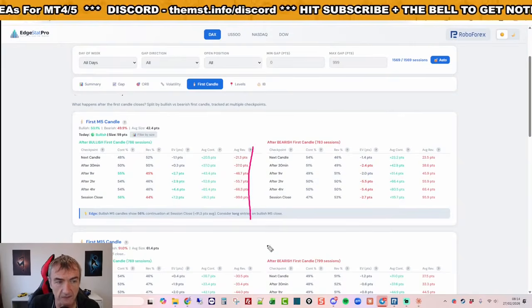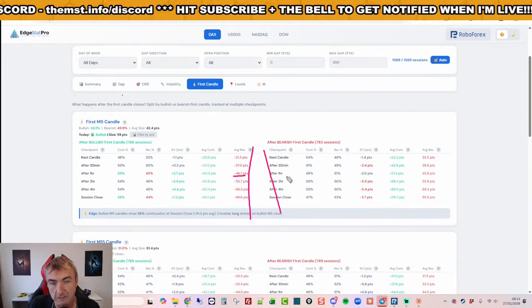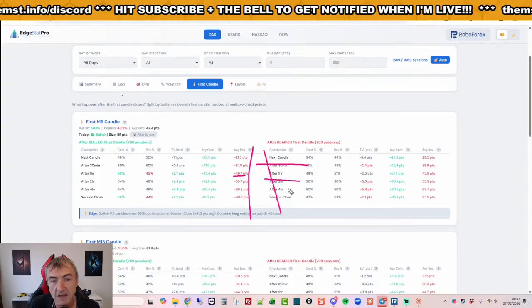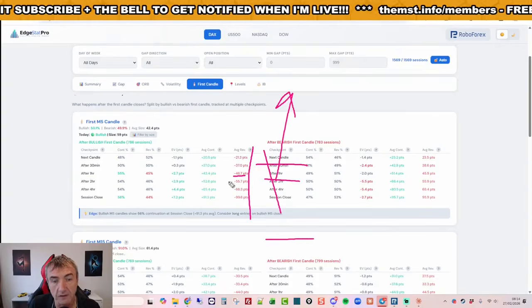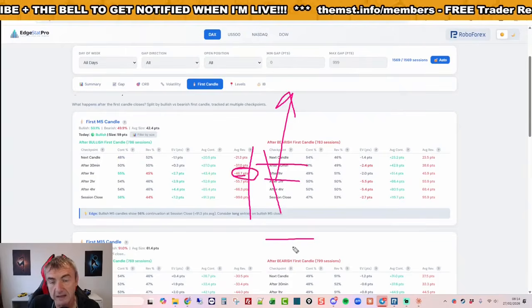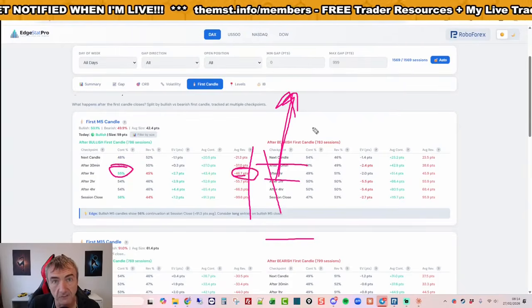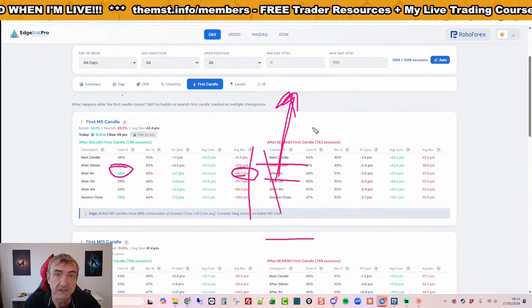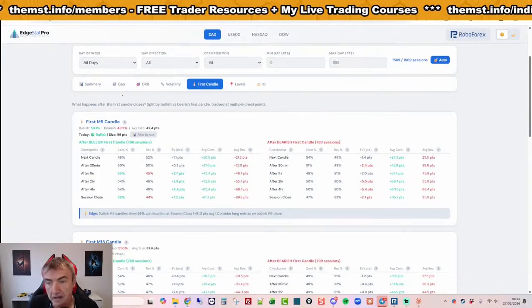So you can say, right, first 5 minutes is bullish. I'll wait for it to pull back around about 20 to 30 points. I will then take a trade targeting 40 points with a stop loss at 20 points. The probabilities of my stop getting hit are low, and the probabilities of my target getting hit are 55%. We've got an edge. Simple, isn't it? So all it is is mathematical statistics to create edges.